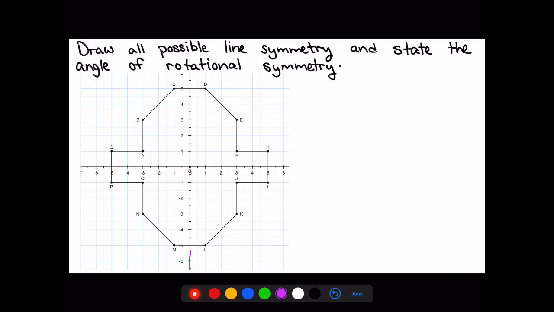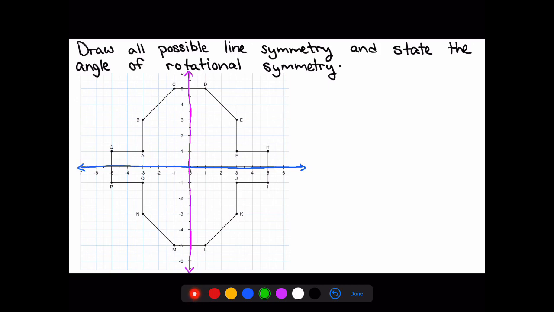This first one is the y-axis. Just go straight up, and we can see if we fold over this purple line, it will fold perfectly on top of itself. The second one would be our x-axis. So we can see that if we fold over this blue line, it would also fold on top of itself. Now, some lines that wouldn't work would be some diagonal lines, as I can tell that this wouldn't fold perfectly on top, and same going the other direction. These ones would not work, so we'd have to stick with these two. Along with this,